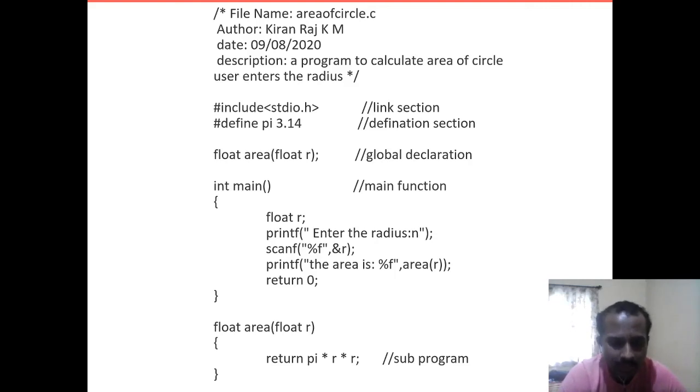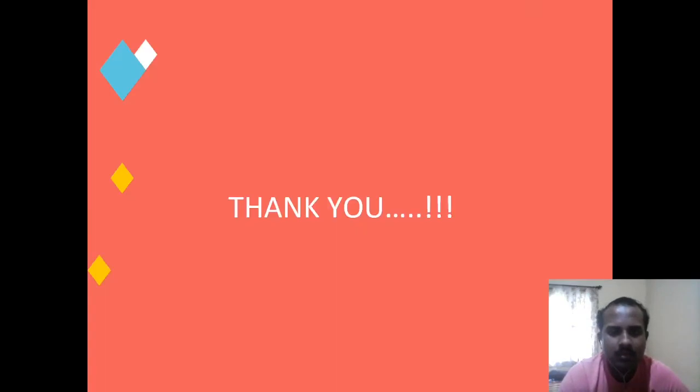We have done pi into r into r, because r has the radius, and pi is 3.14. The formula for calculating the area of the circle is pi r square. So we have done that. Don't worry about the program now. We will go to that later. Okay. Thank you.